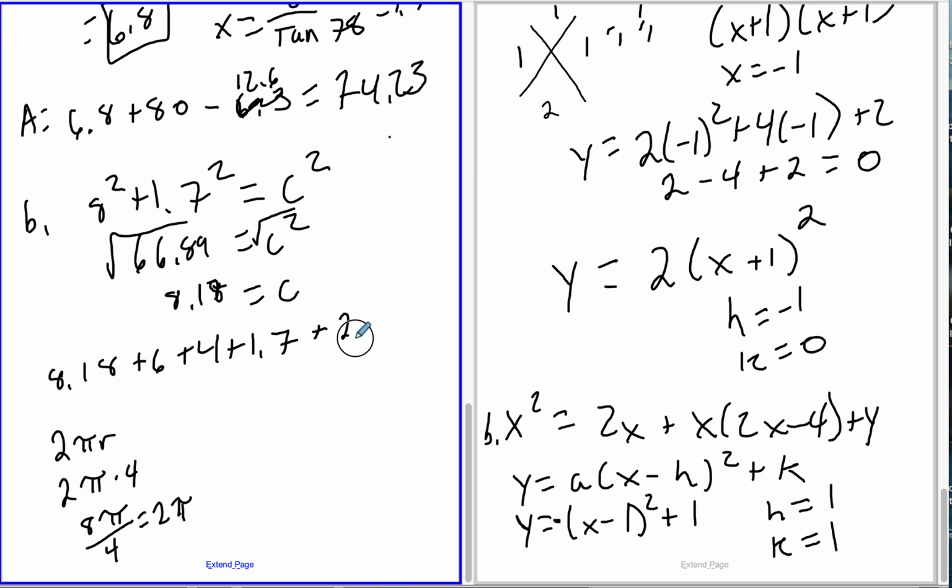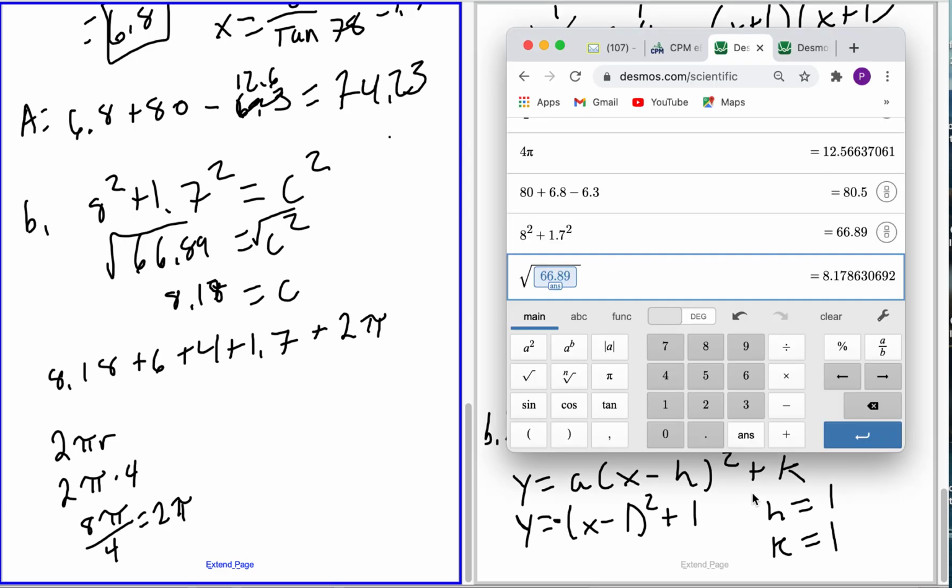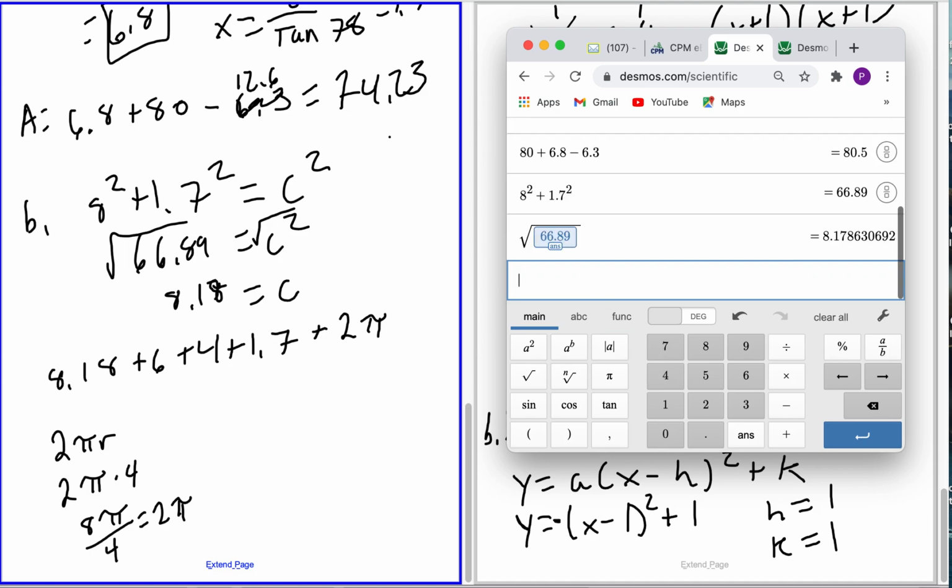So we're going to add 2 pi. So 8.18 plus 6 plus 4 on the side, plus